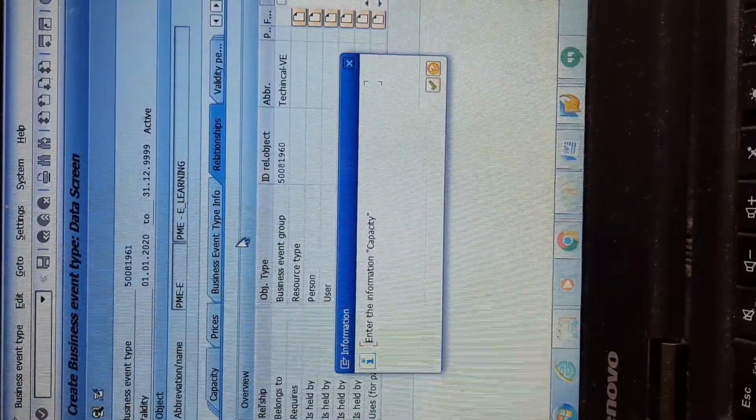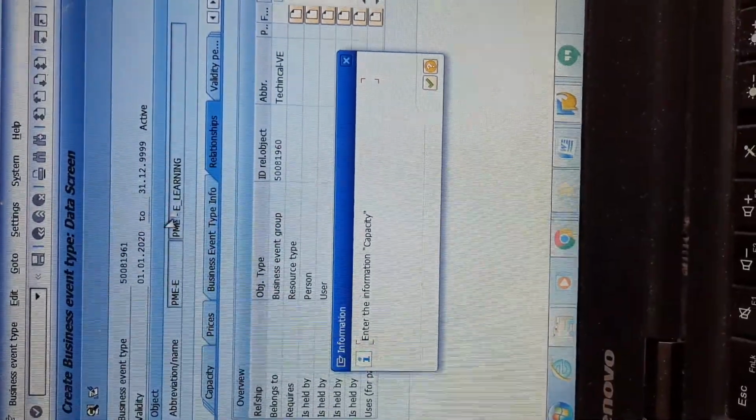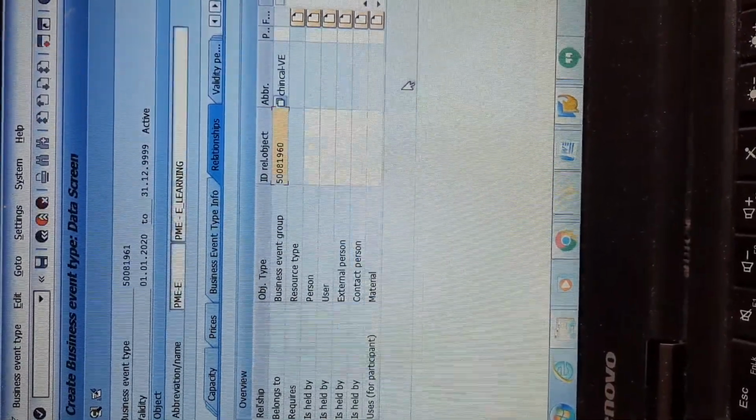Now it is asking me to enter the capacity. Okay, I will ensure that I add the capacity. I have added default; you can add it as 100.